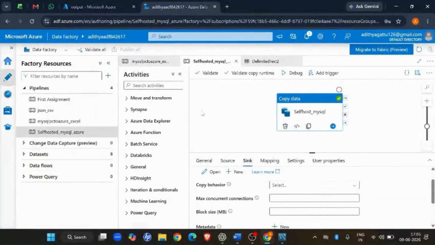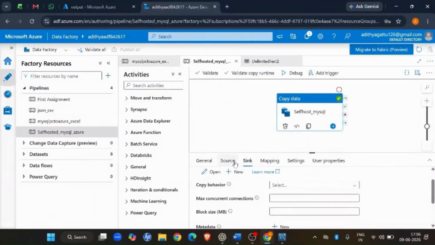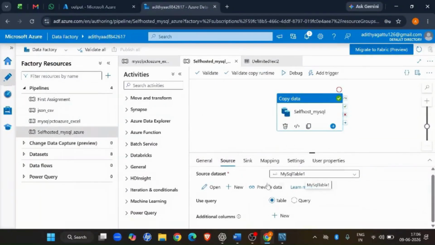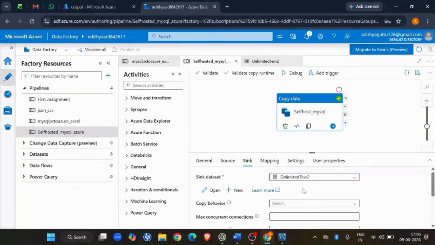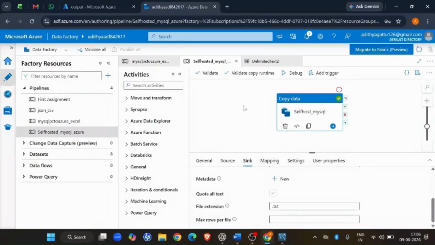Earlier, we couldn't see it in the storage account, but with self-hosted MySQL, everything is perfect. Let's check. It took some time to pop up. It's here, the pizza. The copy activity is done. So the source is MySQL and the sink we have deposited in the Azure database. So this is how we do copy activity from